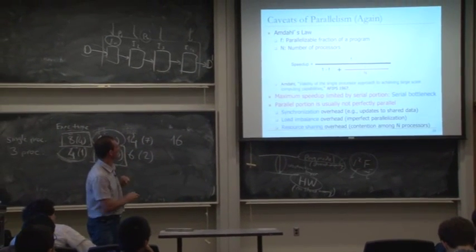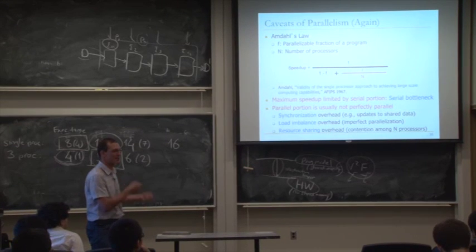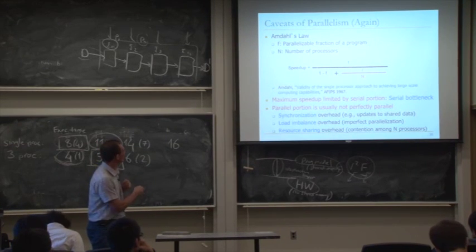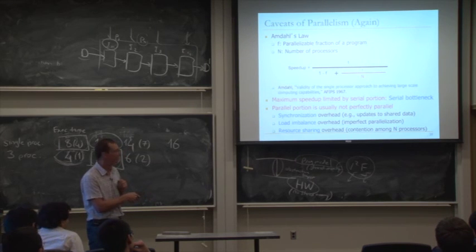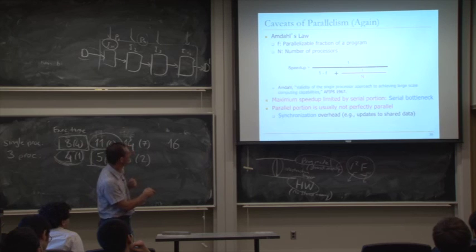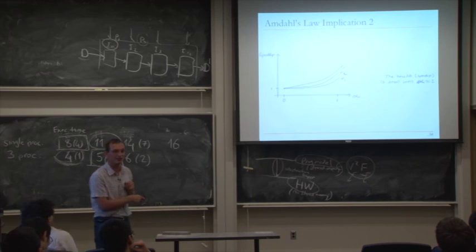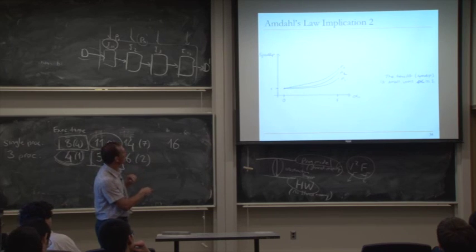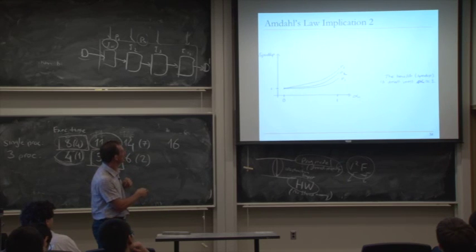The difficulty is making alpha, or f here in this case, I guess I should at some point make these the same, is difficult. Getting rid of the serial bottlenecks is difficult for the programmer. And also, even these curves assume that the parallel part of the program is actually perfectly parallel. So these curves are plotted assuming that, which means that your real speed up requires an even higher alpha.